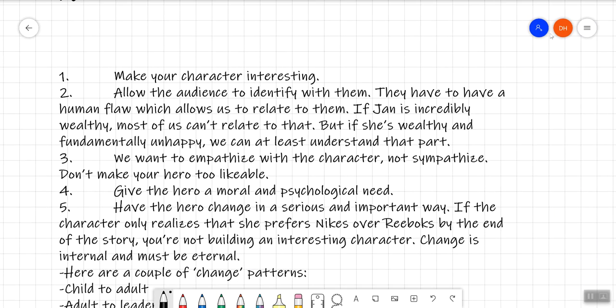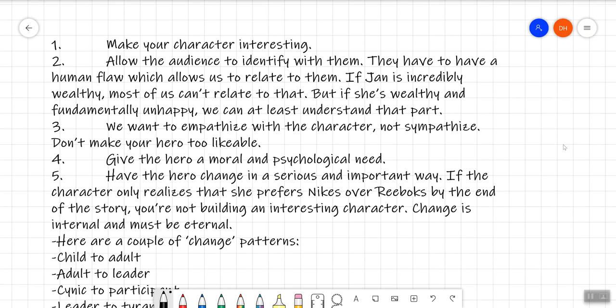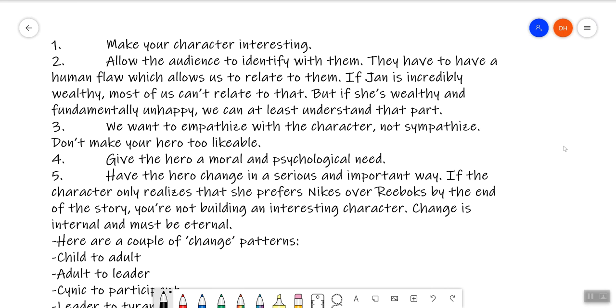Now, here's a couple more tips. First, make your character interesting. I cannot stress how important this one is because very often people forget to make their character interesting. And I don't mean that they have to be, she was the most beautiful girl in the world, was super smart, had 4 PhDs, and taught at Harvard. Okay, that's interesting, but that seems a little excessive, right? People can be interesting simply for who they are.